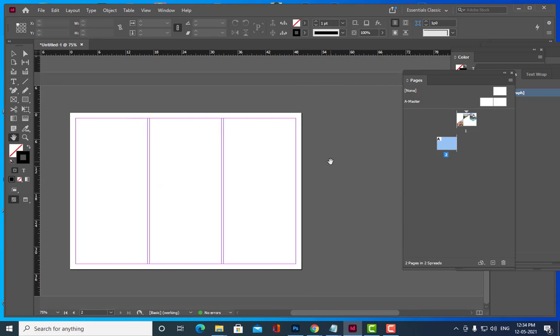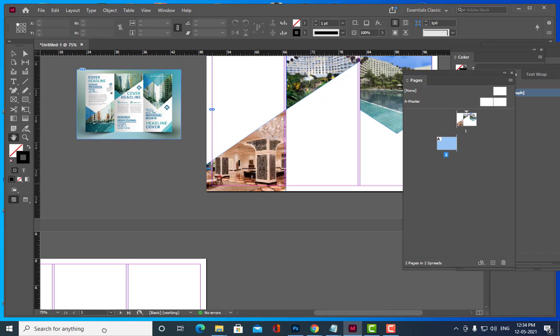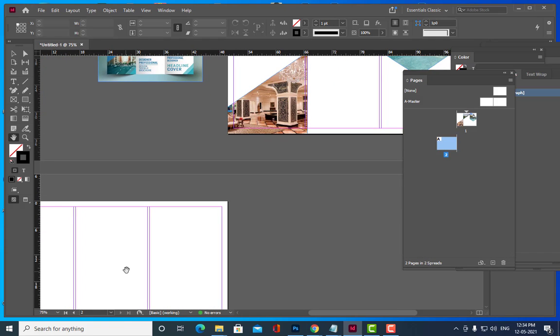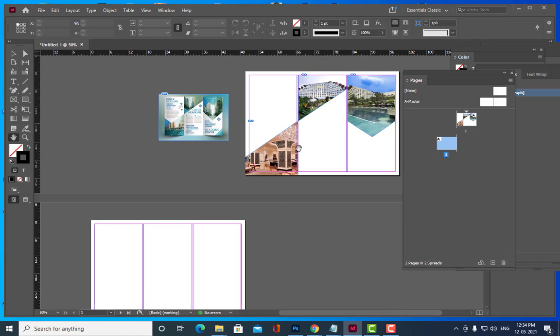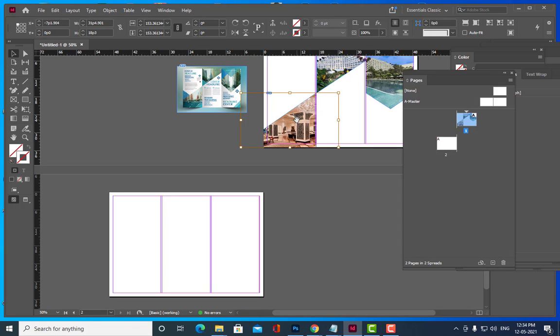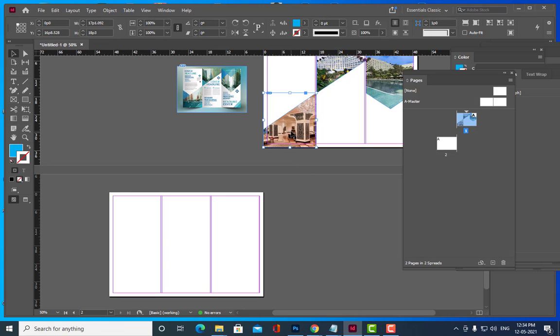Yes, sir. Right. So if you want to put the same type of images, instead of designing these shapes again, we can do one thing. Let me drag this one.